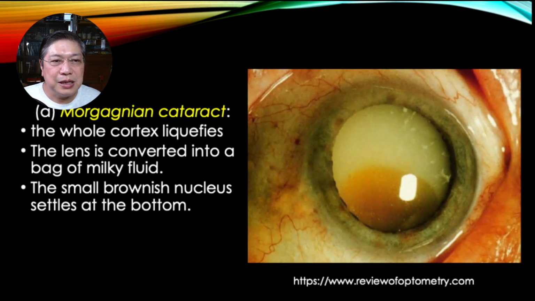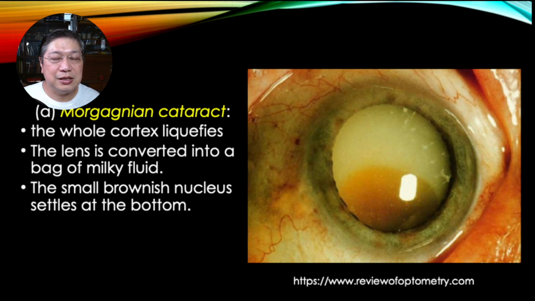Now, this is a Morgagnian cataract. It's a picture wherein the entire cortex now liquefies. It's no longer fibers, it's now liquid. And the lens, which is very dense, is actually floating inside of this bag of liquid. Now, the lens, which is actually floating, actually bounces around like